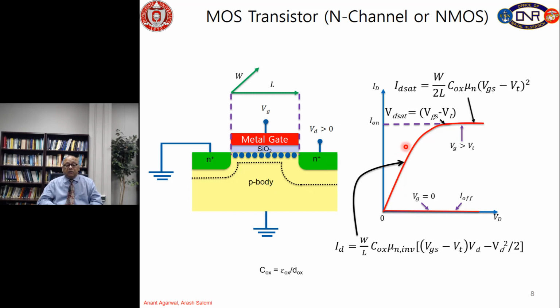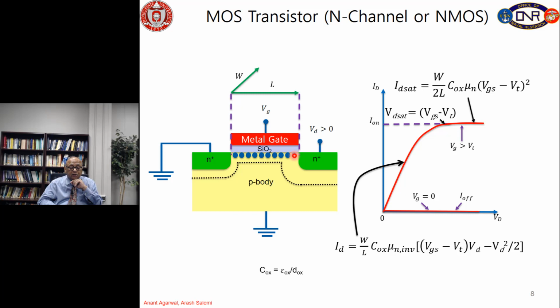All right, then these characteristics saturate here, and the saturation current is given by this equation. In our power transistors, we will mostly operate along this linear region. So, it is important to understand that the characteristics do saturate when the drain voltage is equal to VGS minus VT, and at that point